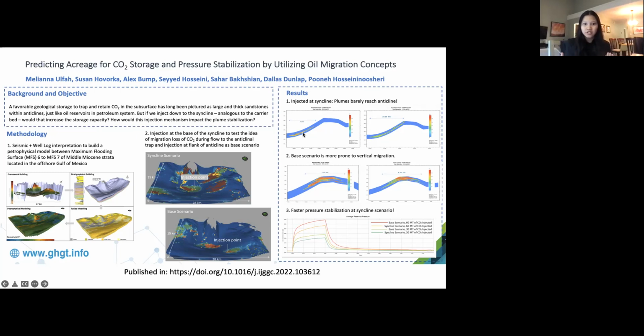Especially since we're injecting into brine, which is water, even though the density is pretty close, it's still much less than the brine. So it's their nature to keep on migrating vertically, but because there are some shales in between the sandstone, they have to move laterally first before they can find any pore space that they can go through with adequate capillary pressure. And because of the lateral migration, the CO2